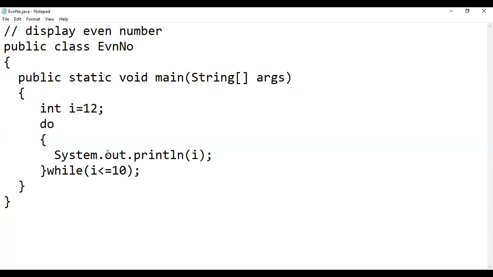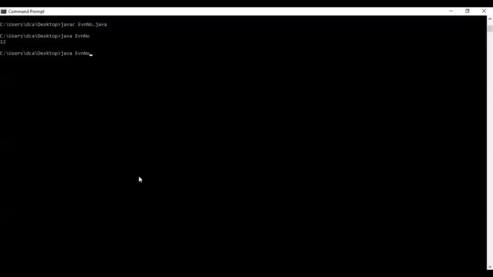For example, we initialize I equals 2. So now see, then it works like a while loop. But if some value does not hold the condition, then also it executes at least once. So now it gives us a correct result like 0, 2, 4, 6, 8, 10. But if some value does not satisfy the condition, it is also executed once in do while, because the condition is checked as the exit point.